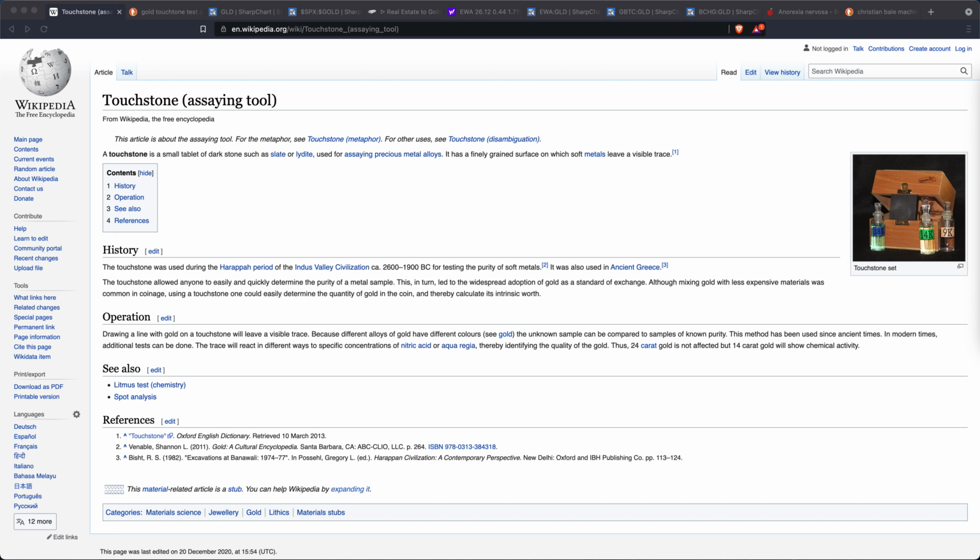Just like the traditional touchstone that can test the quality and the purity of gold, and you can see how this looks like. They scratch the gold over a stone and then put acid on it and test the purity based on the color. I wouldn't be able to use this because I'm colorblind. Jokes is on me. But same as gold can be tested with a touchstone set, you can use gold to test every other financial assets,